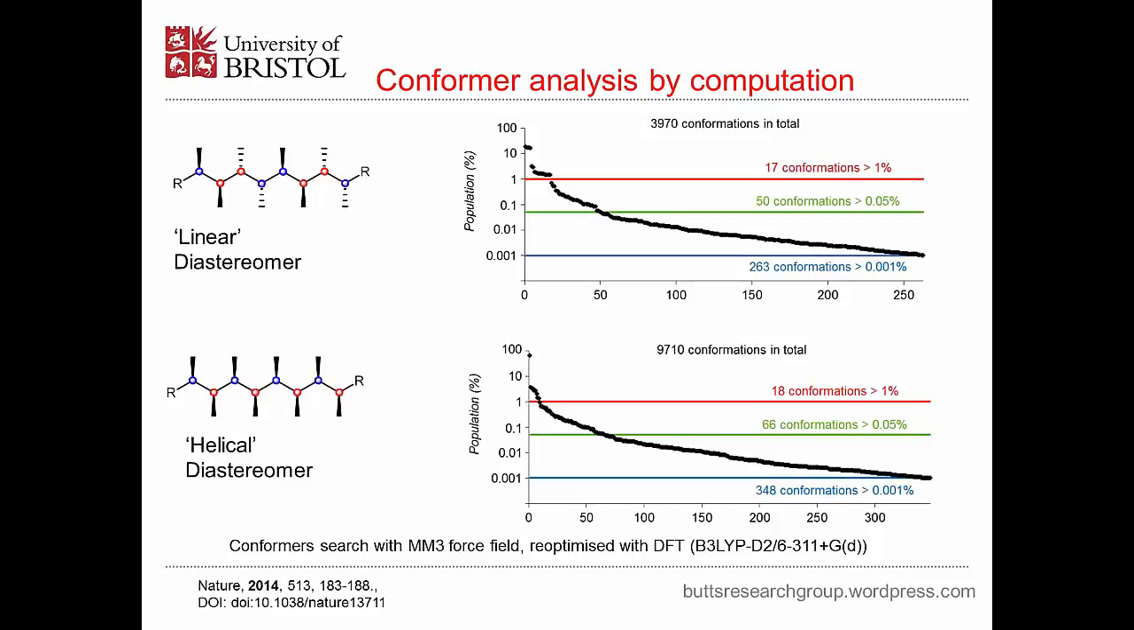If we do a complete conformational search on what we think is going to be a linear molecule and what we think is going to be a helical molecule, we find that there are a lot of conformers. We're talking about 4,000 for the linear diastereomer, 10,000 for the helical diastereomer. That's conformers which are energetically accessible, of which about 20 of them would have calculated populations above 1%. And so what we did was to prepare these molecules, measure the NMR, compare it to these computed models, and